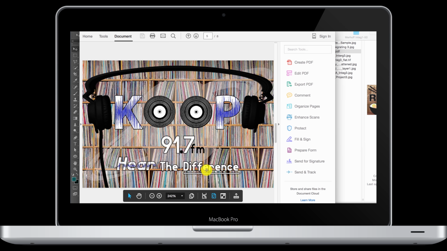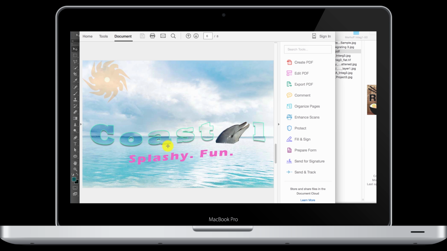The subtitle is here, the difference. I think that could have been made slightly simpler, just did the whole thing in maybe italics, all plain white letters and a lowercase t. Didn't need to underline the difference, but I understand that he wanted to put emphasis on that. The shape of the earphones was used here, and so it illustrates the concept. This is coastal, with a vector shape around the dolphin to hide the dolphin's background. Vector shapes from the library, from the sun one, splashing and fun, the subtitle.